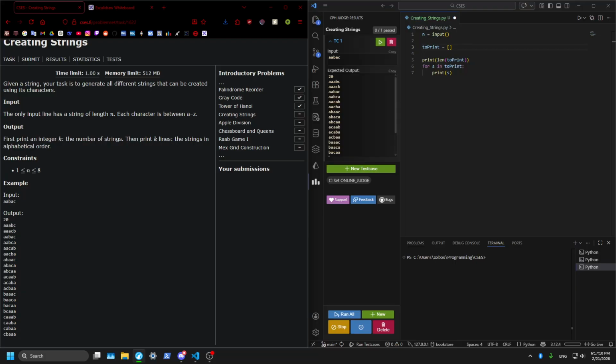Like, we basically just generate all the permutations of the string. Doesn't Python have a permutation function? Is itertools in the standard library? Yes. Itertools permutations. Like, we can just